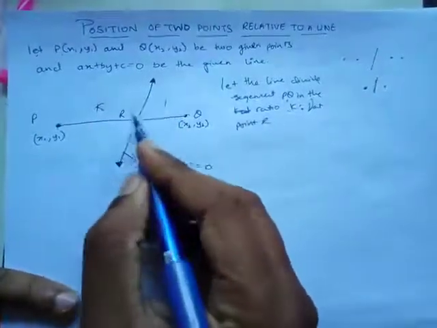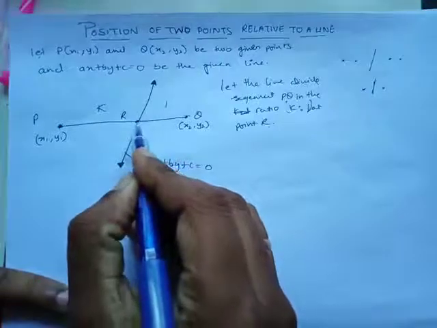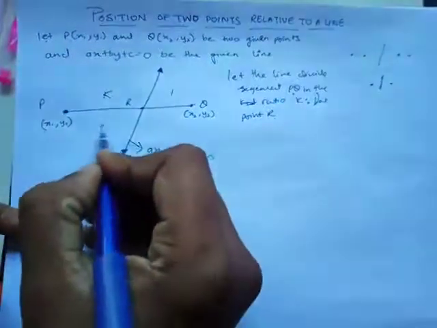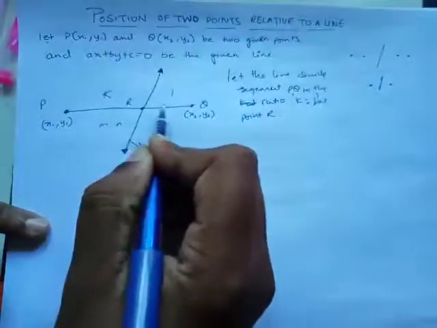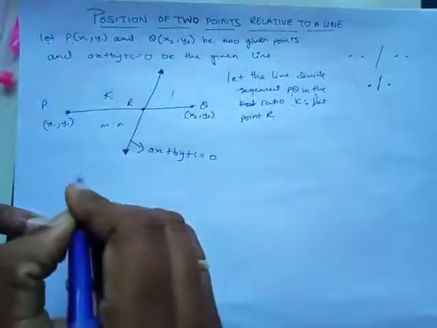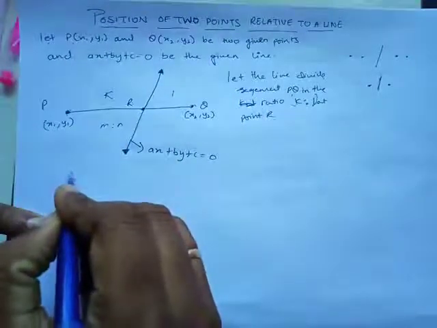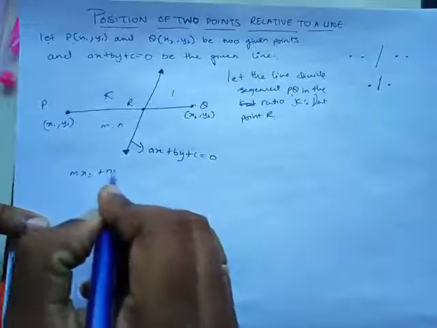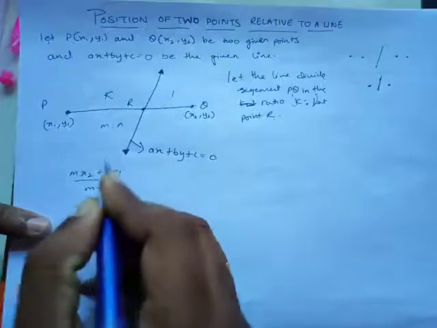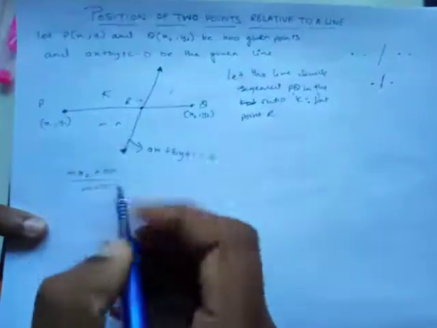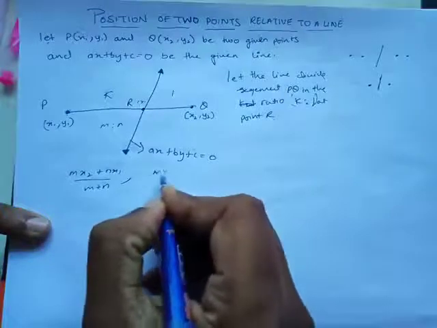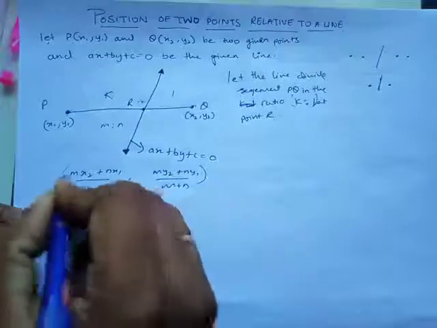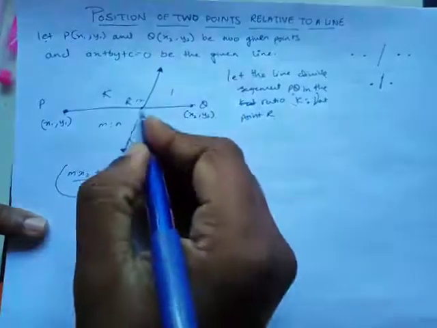You have learned in the smaller classes how to find this point when the ratios are given. I'll just explain it to you. For example, if a line is divided in ratio m ratio n, where this is m and this is n, how do we figure out this point? The x coordinate is m x2 plus n x1 over m plus n. And how to figure out y for this? m y2 plus n y1 upon m plus n. That's how you figure out the point.